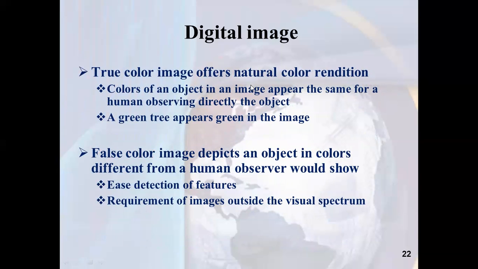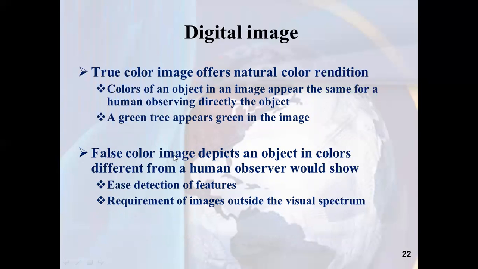So true color image تعطيني natural color orientation، يعني بحس حال الكالر اللي انا عم بشوفها نفس الكالر اللي بالطبيعه. So it appears the same for human observing. فلما اكون انا عم بتطلع على شجره خضراء بشوف نفس اللون الاخضر بالصوره، لكن نحن بنعرف في different levels of green، مش كل اللون الاخضر عندهم نفس اللون، كله بنسميه الاخضر بس في الاخضر الفاتح للغامق اكسترا. وهذا بودينا للفالس كولر ايمج